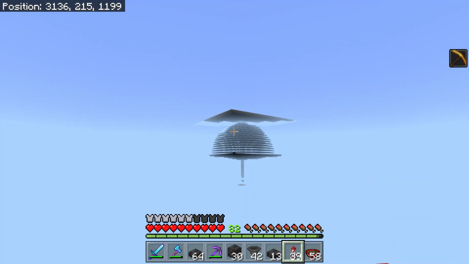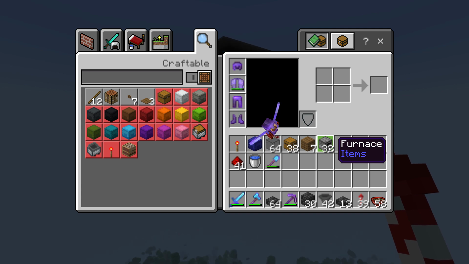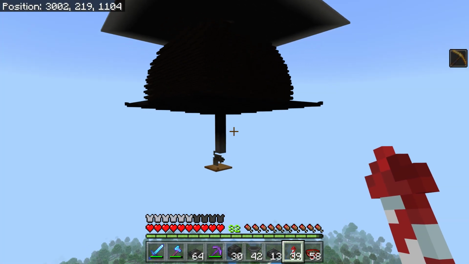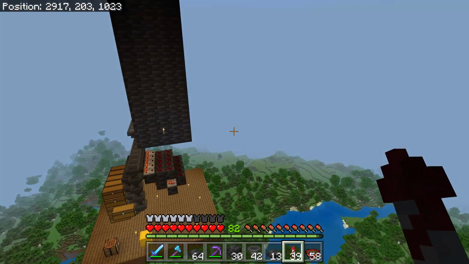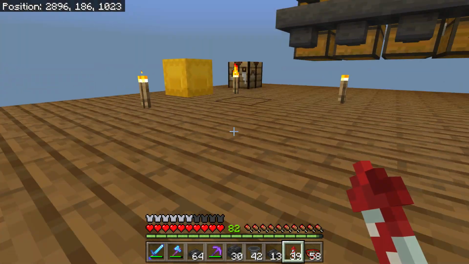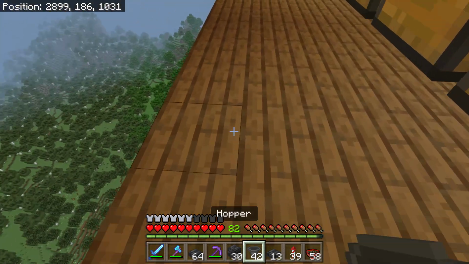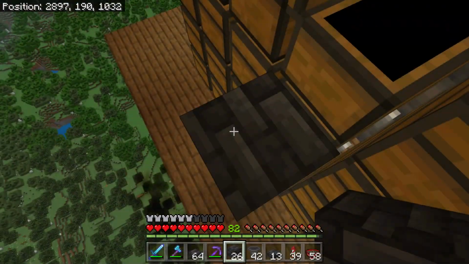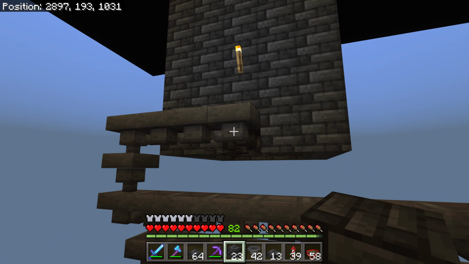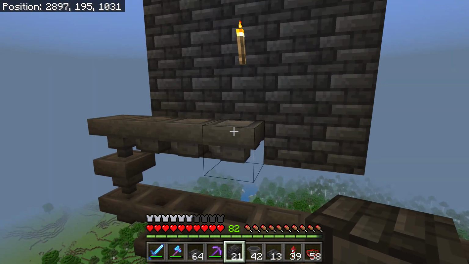Alrighty, my friends, we are back. I just went back to the base and made myself a bunch of furnaces because I always just feel better when I don't have hoppers that are just sitting with nothing above them, right? I always like to have something above them, and we're going to put these furnaces sitting on top of these things. I did hook up the final hopper though,